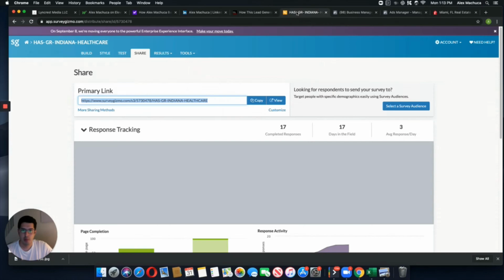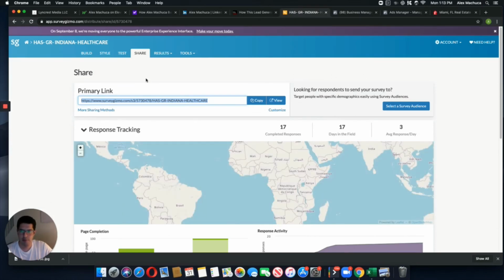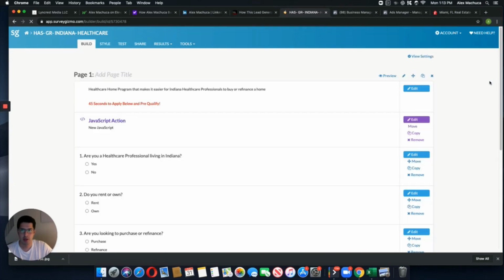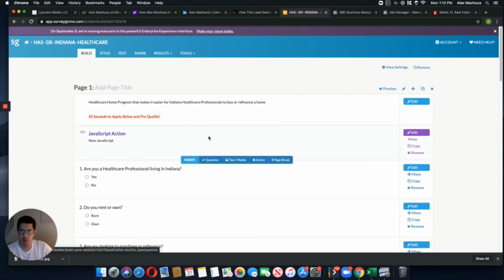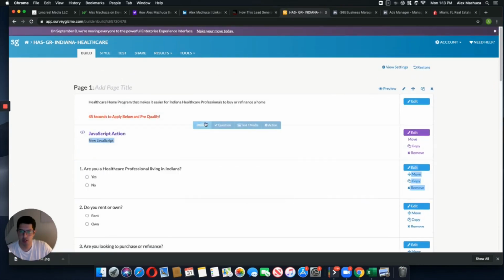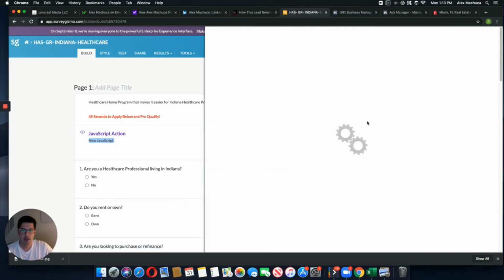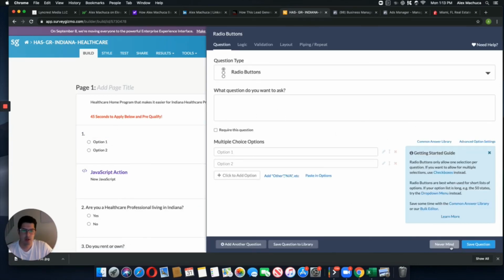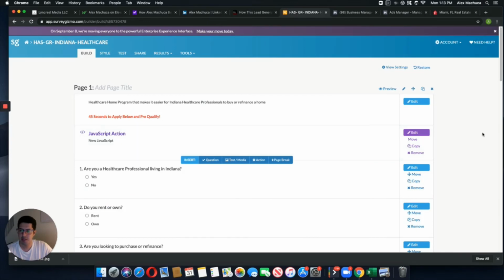So the other part is, of course, Survey Gizmo. So you sign up for a Survey Gizmo account. You go to build. You're able to check out, you're able to move these questions around even if you want to. You can add in another question. So everything's pretty simple here. Didn't really want to touch on that and waste too much of your guys' time. Something you could certainly figure out on your own. But this way, guys, you can generate long-form leads and get pertinent information that helps you guys make the sale.